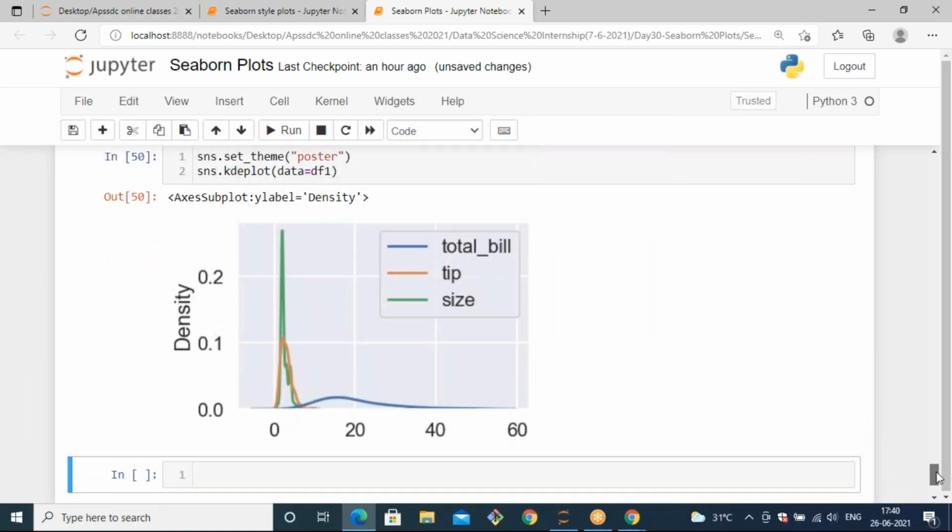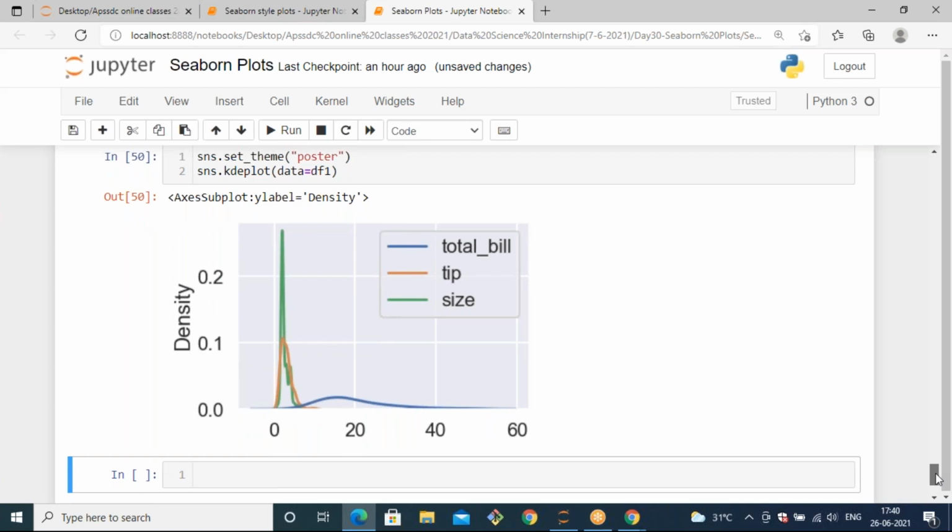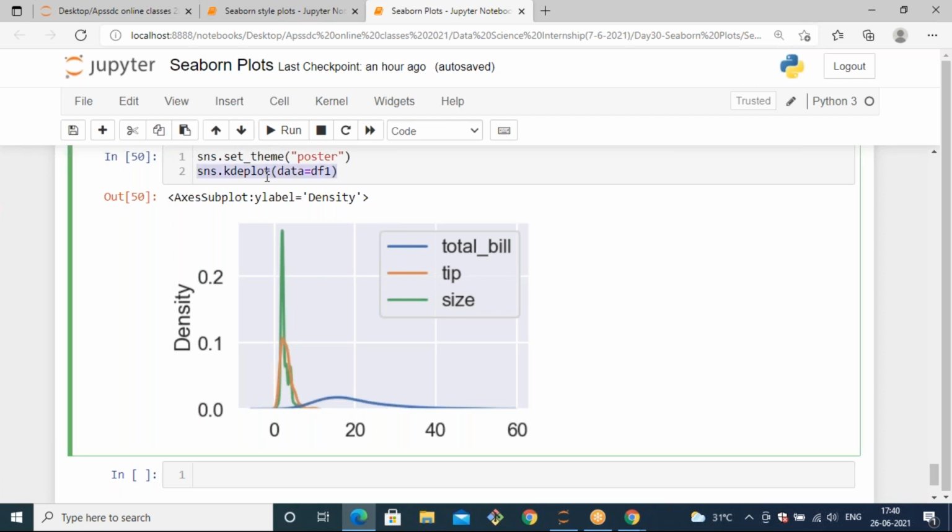When you plot the KDE plot for the df1 tips data set, out of the tips data set, it takes only integer type of data columns, as with the other plots, and based on the data density. Now you can see in the y-axis it calculates the density. Based on the density, it generates curves. So the data should be distributed in a smooth way, like a smooth sine wave. Here also you can specify x and y parameters if you want.